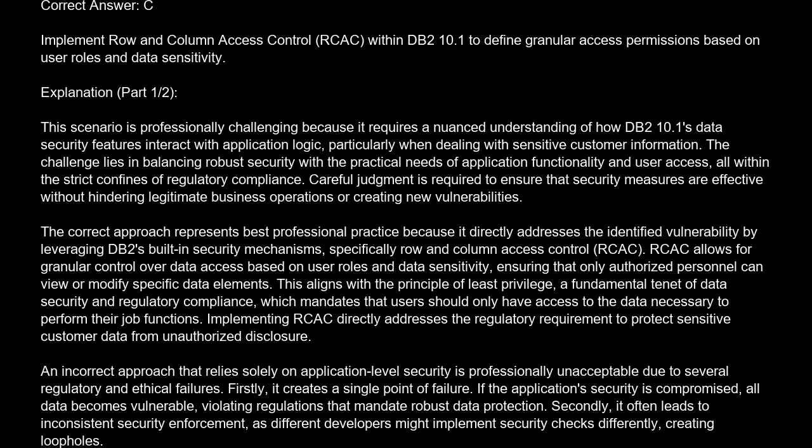The correct answer is C. Implement row and column access control RCAC within DB2 to define granular access permissions based on user roles and data sensitivity. Explanation. This scenario is professionally challenging because it requires a nuanced understanding of how DB2